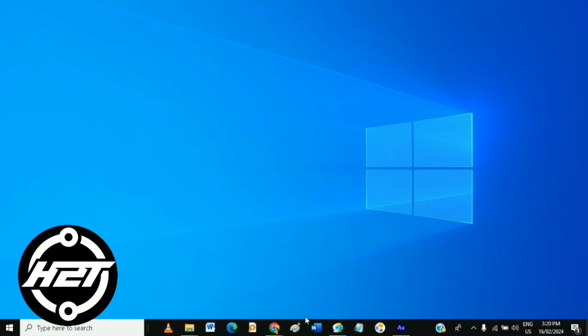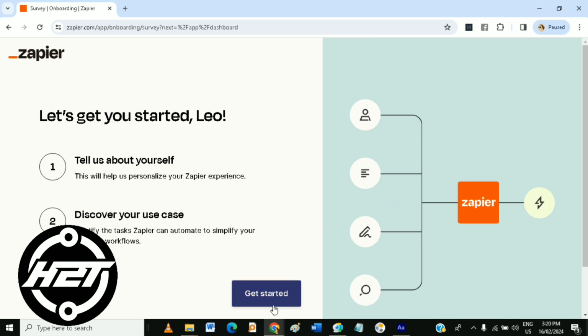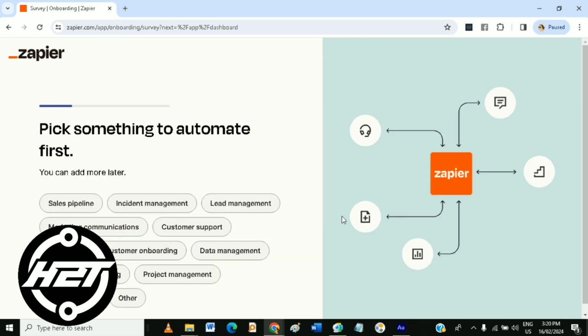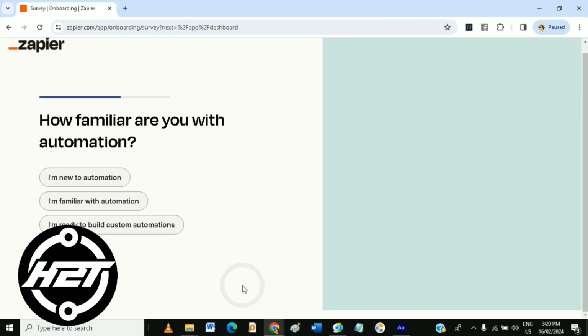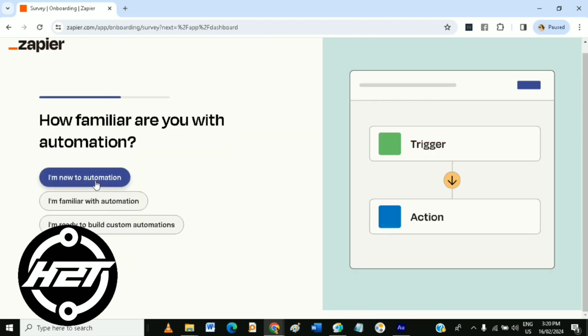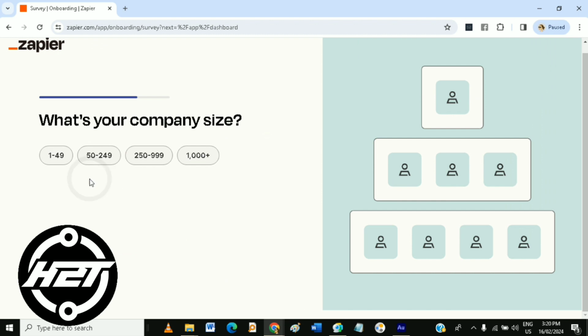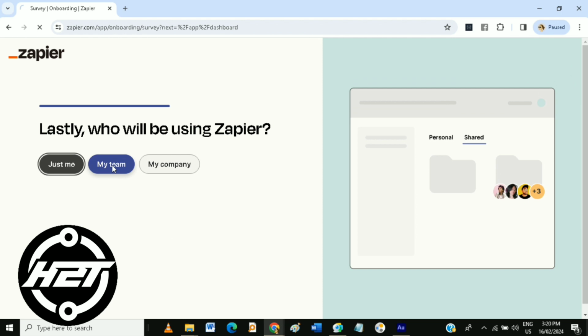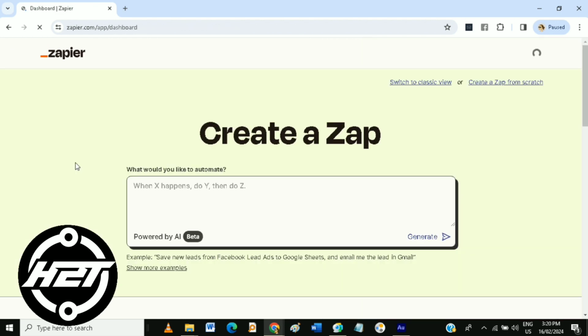Well, Zapier serves as a user-friendly no-code automation platform, facilitating the seamless connection of various web apps for automatic data exchange. Each automated sequence, referred to as a zap, involves a triggering event and subsequent actions. For example, a zap could generate a new Google Drive folder and an onboarding document whenever a fresh client record